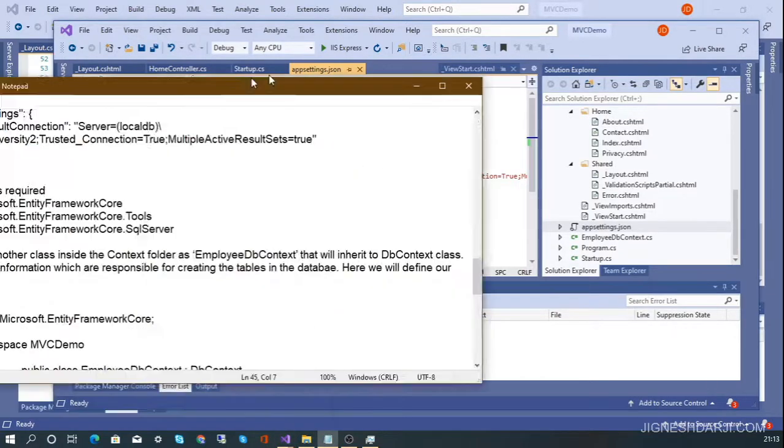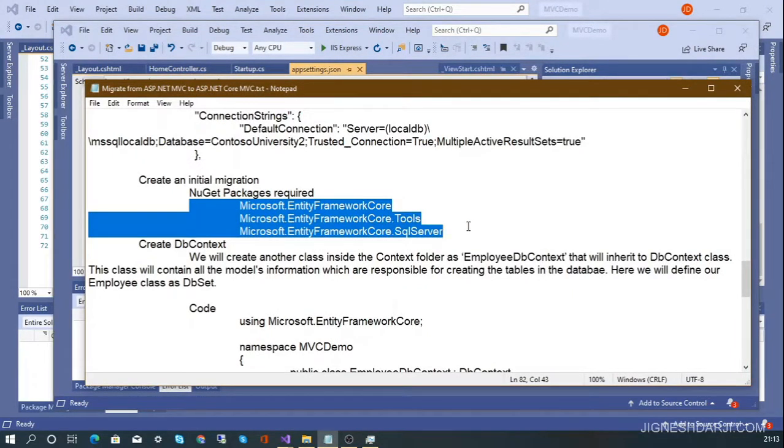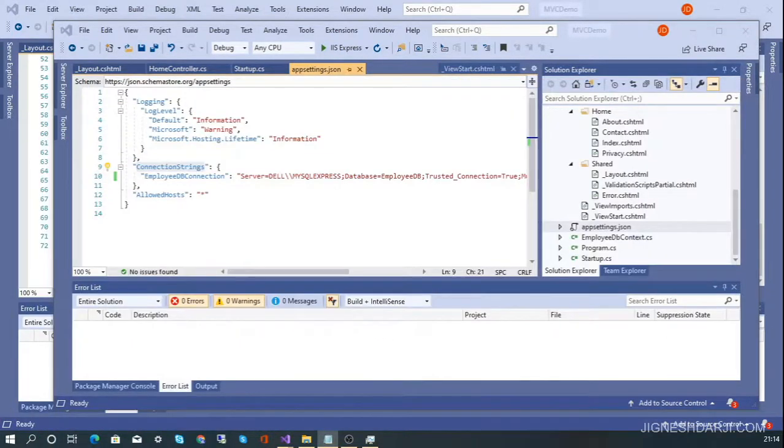In this text document you can check that we need to import these three NuGet packages: Microsoft.EntityFrameworkCore, Microsoft.EntityFrameworkCore.Tools, and Microsoft.EntityFrameworkCore.SqlServer.